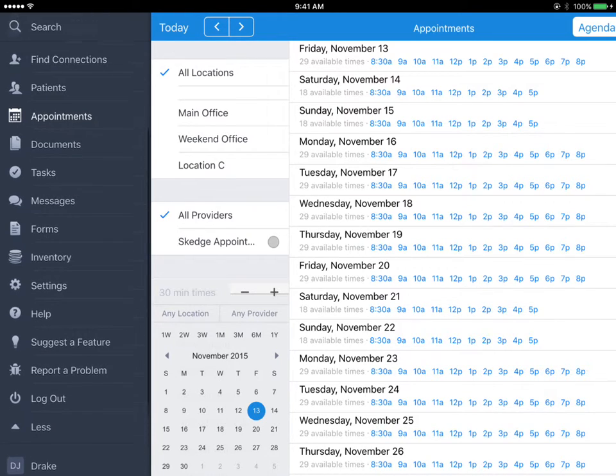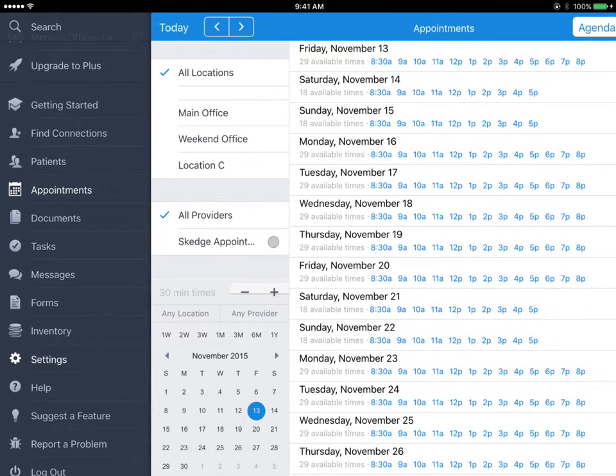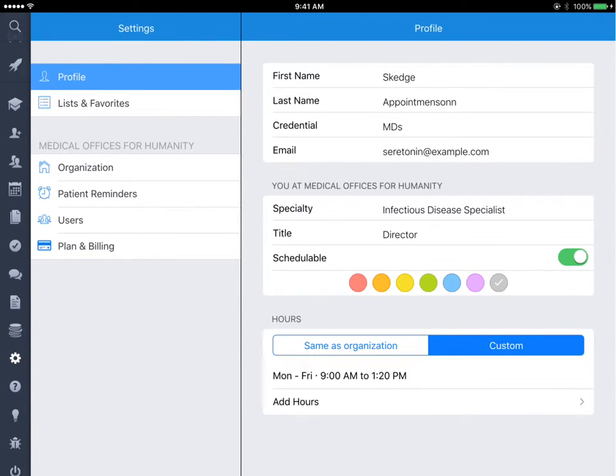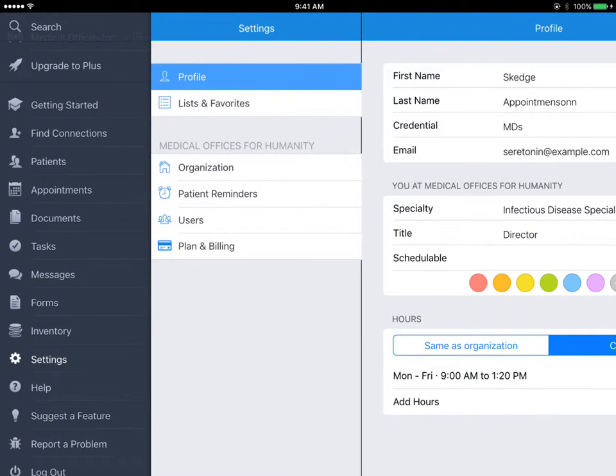We'll go over to the settings for this provider to show you how to change the hours for each of those locations and for the provider's own hours. Now, schedule appointments in here is using hours that are set to same as organization. However, you can also have custom hours. So if we click on custom and we look at this, it says Monday through Friday, 9 a.m. through 1:20 p.m. Now we go back to appointments,